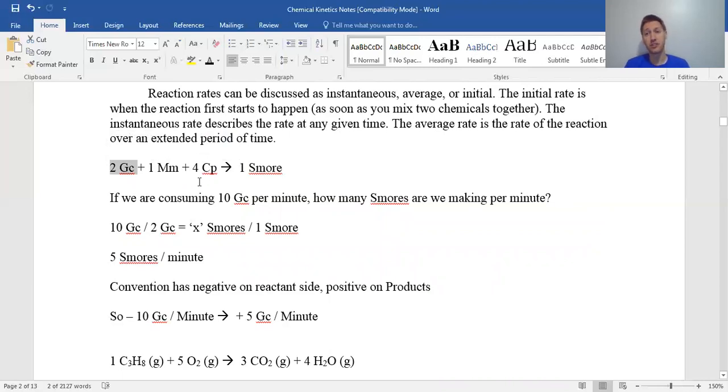Again, a real life example of this is when you think about taking inventory. If you're a big manager or something, you really just have to keep track of some of the major pieces, and then you know the rate of the other ones being used as well. So if you're making cars or some other big machine, it's easier to count how many tires you have than how many screws you have. And if you know the rate at which you're using the tires, you know the rate that you're using screws as well, because there's a ratio between them. So you just got to keep track of the big pieces, and then you'll know how fast the little ones are being used as well.